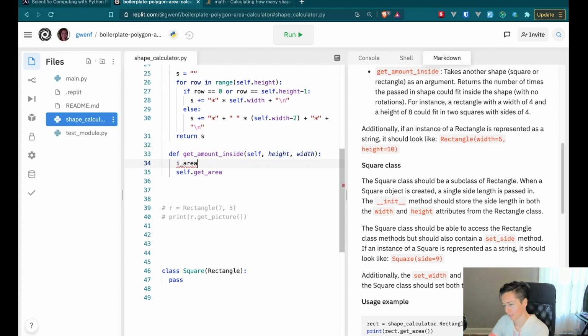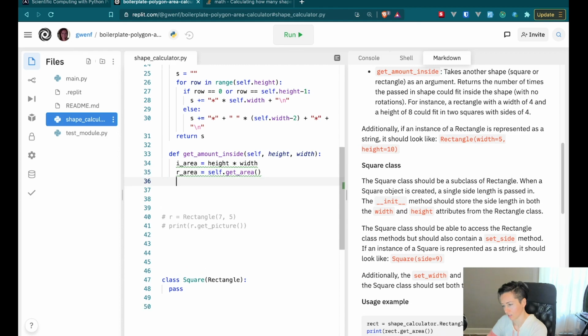Okay, so that would be height times width, and then my R area would be just calling this method, self.getArea. Okay, so now I can see how many times, I mean, if I wanted to do this,